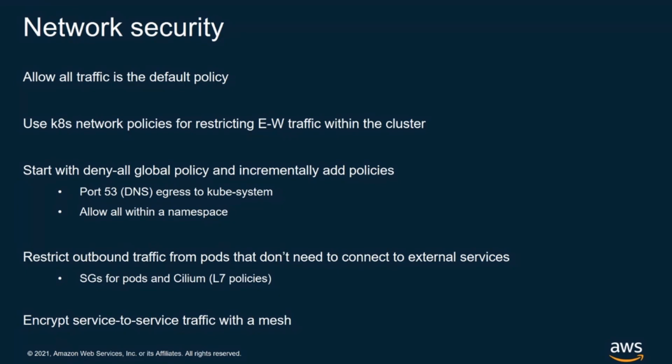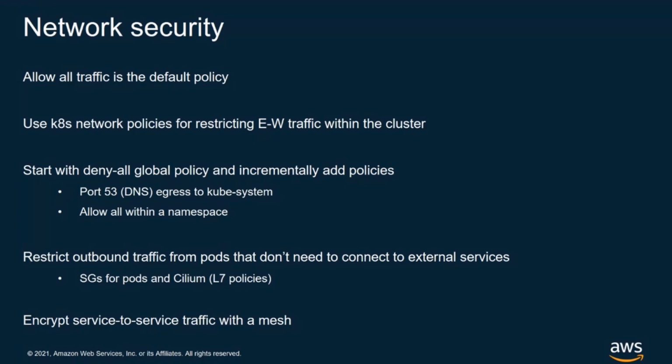When you do use network policies, we recommend beginning with a deny all global policy, and then you can add port 53 or DNS egress to the kube-system namespace for service discovery, to allow traffic into kube-system. And then you can also allow traffic within a namespace if required. It's a good idea to restrict outbound traffic that doesn't need to connect with external services. However, if you do have applications running in the cluster that have to communicate with services outside of the cluster, you can implement